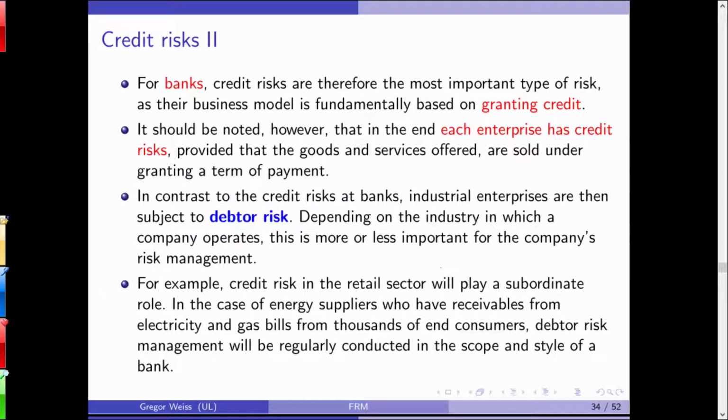For banks, it's quite clear. Banks are in the business of lending, they give out loans, and they face credit risk. Banks will never try to eliminate credit risk completely, because this is the risk they want to take. They want to take credit risk, and they want to diversify their credit risk, and to manage credit risk, and this is one function they can do. Banks are earning money by being better at managing credit risk than each and every one of us.